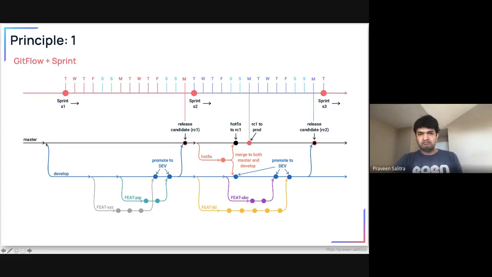So you have a main branch on GitHub, and then you create another branch out of it. You do all the feature work there with your team members. And then once you are done committing your things, you commit it back to develop. Anytime any changes are merged to develop, all these blue dots, put in automation so that it promotes those changes directly to the lowest environment. Then you can cut over a release to the master environment and then take it forward to higher environments like QA, staging, production, and things like that.